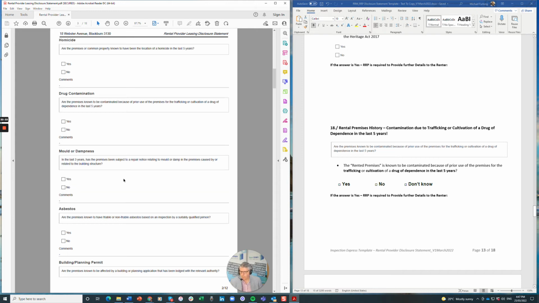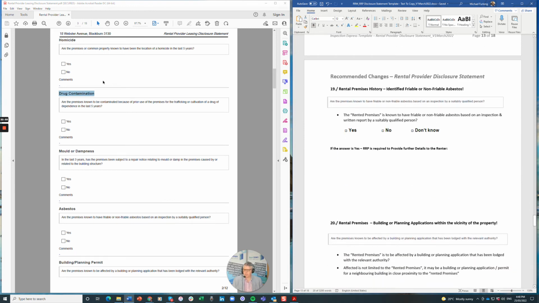Drug contamination. So again, instead of just putting that, I've tried to make it a little bit easier and more palatable when an owner's reading this. The rented premises is known to be contaminated because of this. Yes, no, or don't know in this one. So you've got yes, no, and don't know. If the answer is yes, RRP provide further details to the renter. Next one,